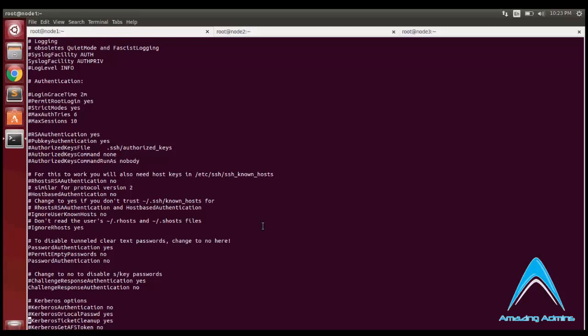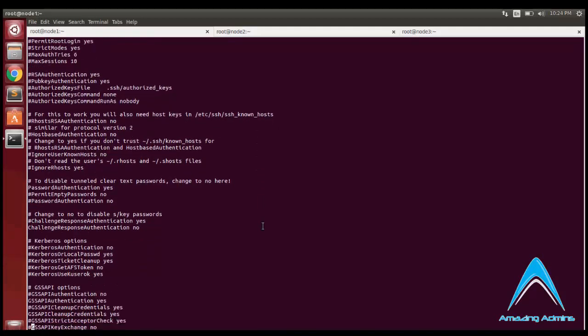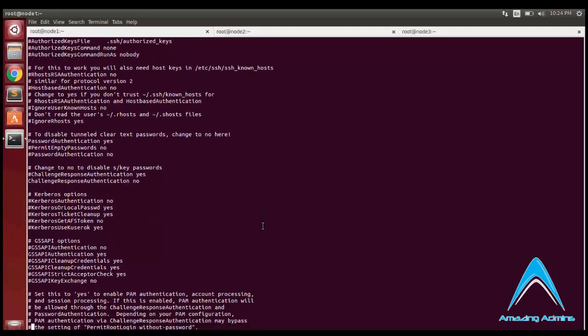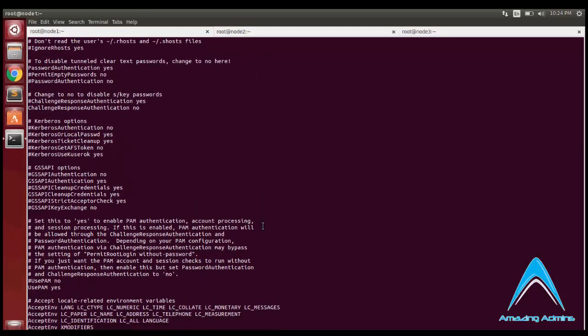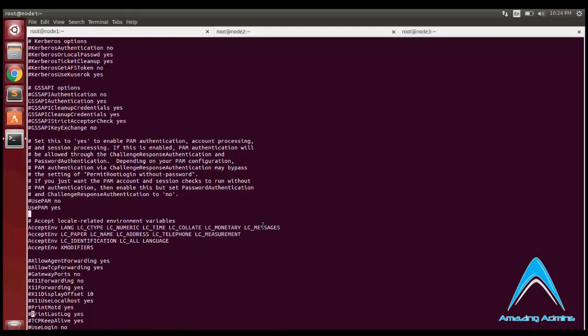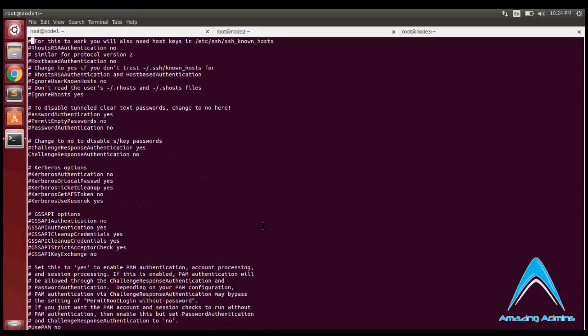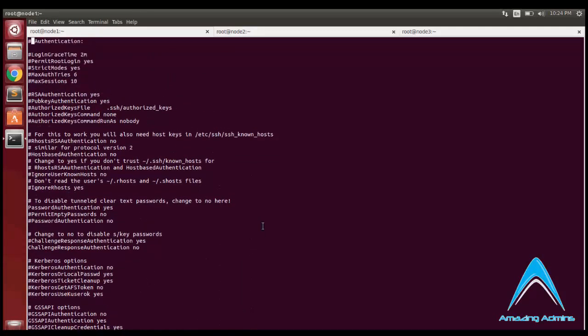One is the password authentication yes, and this is password authentication no. So I remove the hash before the password authentication yes, and I disable the password authentication no. By this, I have enabled the password login for SSH right now.